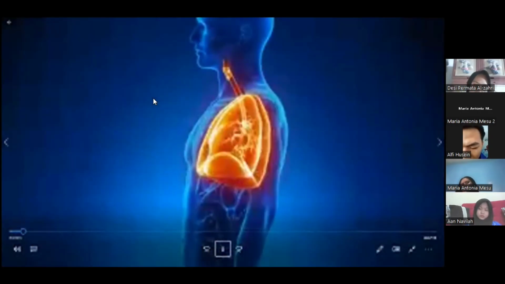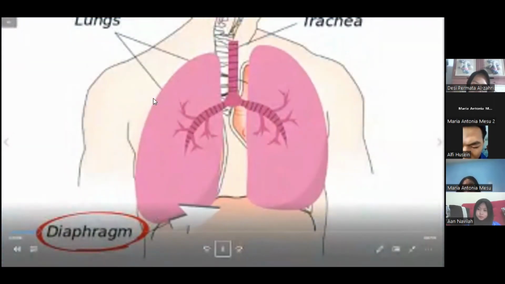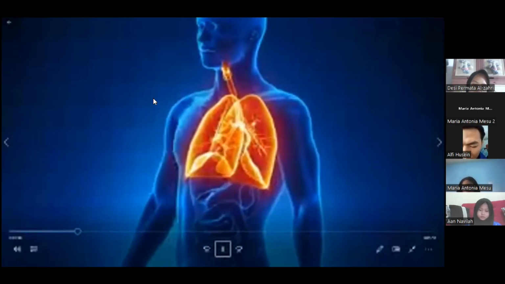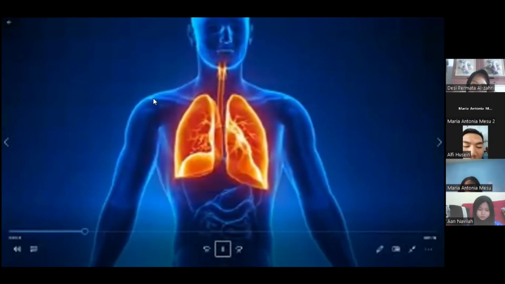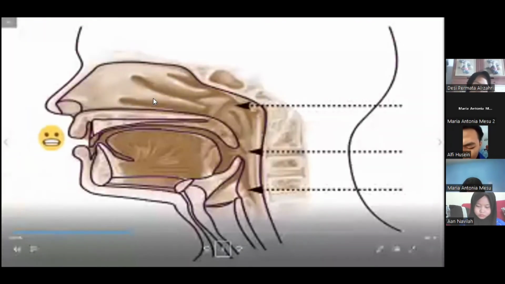In this video, you will learn how the lungs and diaphragm work together to bring oxygen into the lungs and remove carbon dioxide out. The diaphragm is a large muscle that is found under the lung. Your lungs are actually composed of millions of tiny sacs that depend on the diaphragm in order to inflate and deflate. Your rib cage also helps out by having cartilage, which allows the rib cage to expand. When you take a deep breath, your diaphragm moves down, and a low-pressure area is created, and air flows into your nose and mouth.